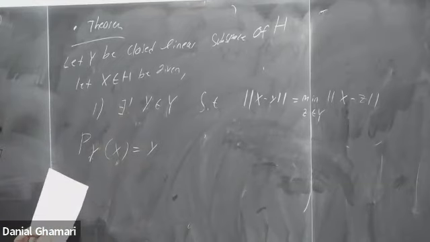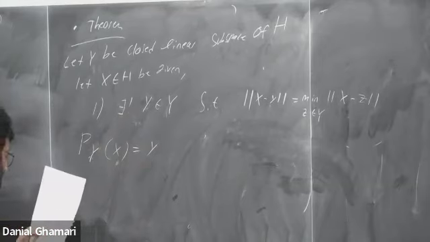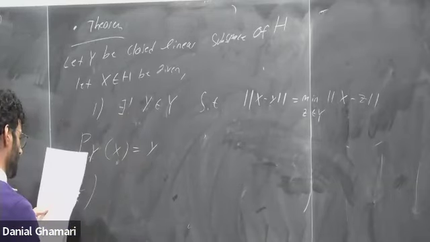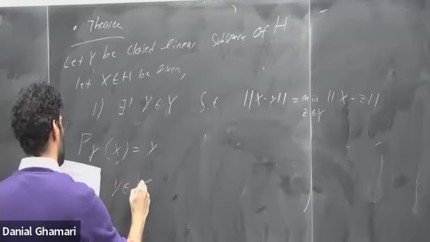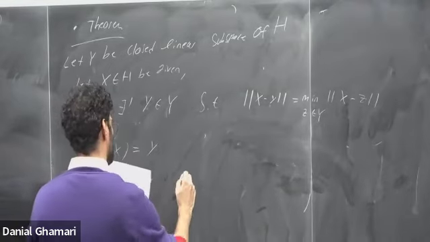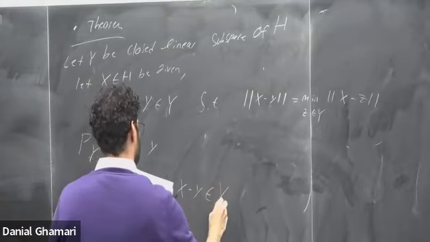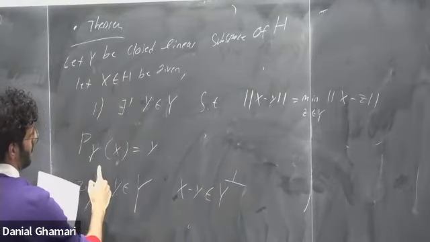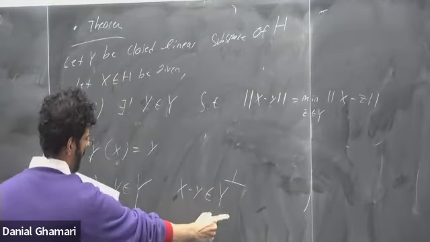So then you can call it your orthogonal projection. We'll have to figure out what it means to be orthogonal in this case. And that's given by the second property, which is that this element y is the unique vector such that X minus y is an element of Y perp. This is basically why I want to talk about the orthogonal projection of X onto Y, because X minus y is an element of Y perp.